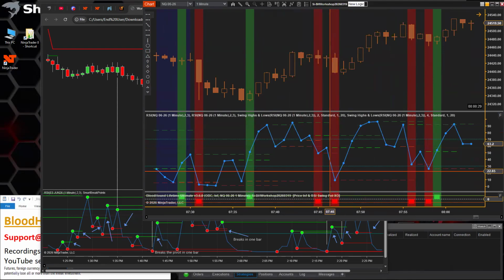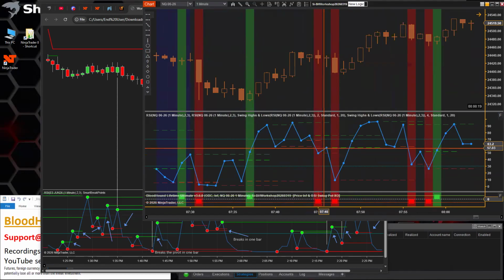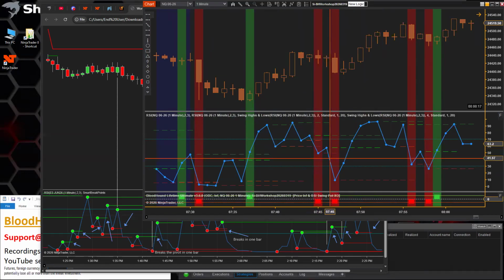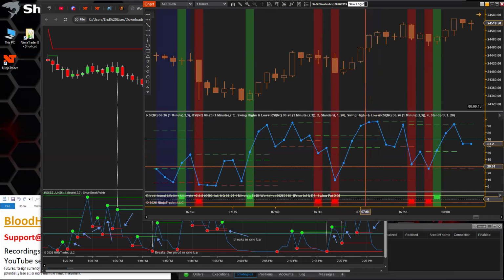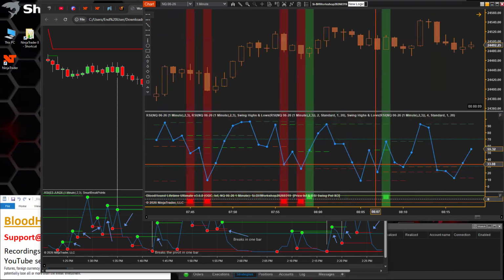As it zigzags down, you're always going to have a low point there to cross over before it zigs up and then crosses down again. So I think it should work 100% of the time there.